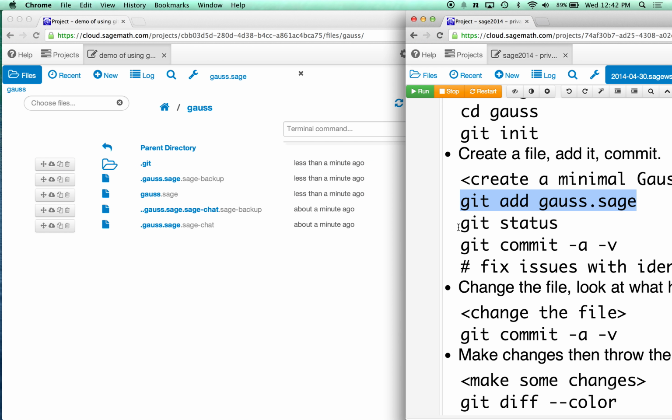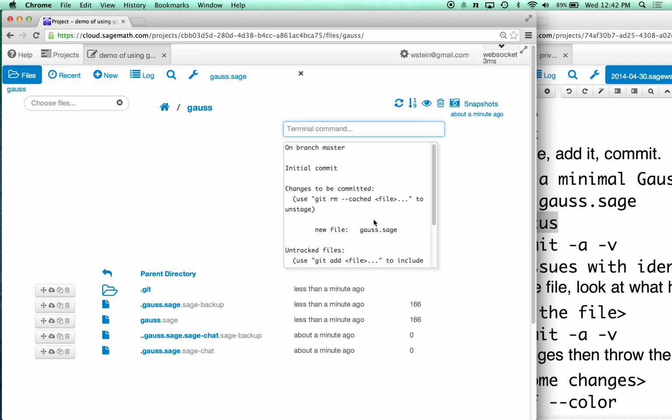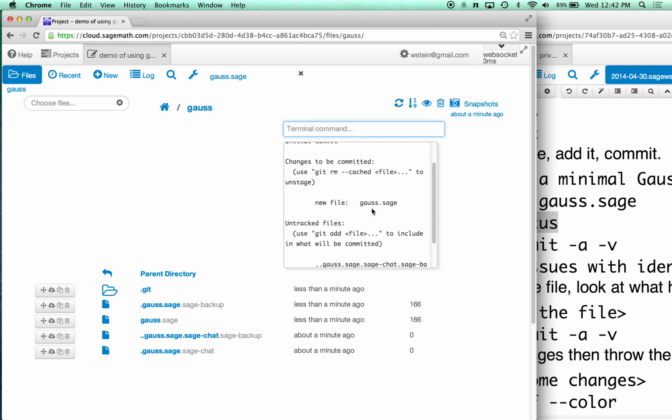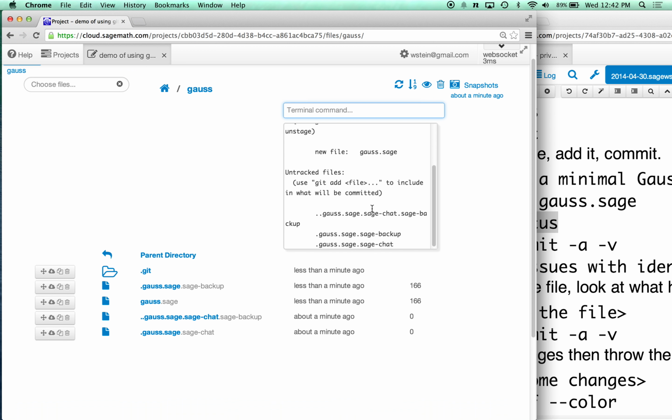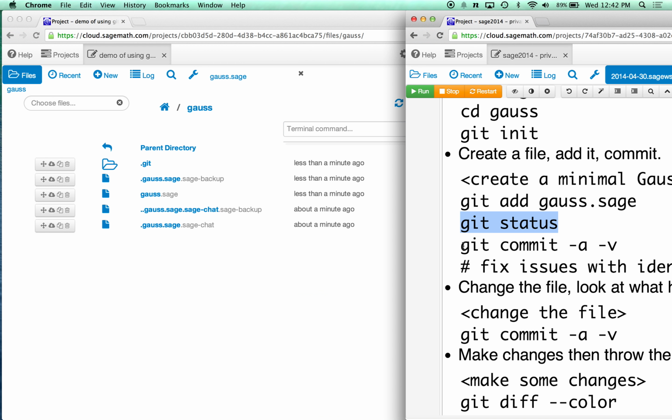And then I'll do git status, and that will print out our current status. It will say that there's one new file that we haven't yet saved to our repository, and there's some other random files that are hidden sitting around here. Okay, and now finally I'm going to commit it. That's going to ask me for a commit message, and so I'm going to use the terminal to do that commit. You can also give the commit message as a command line option using the -m flag, but instead I'll